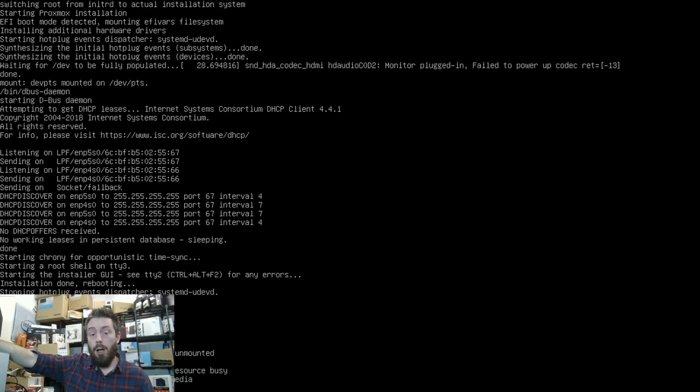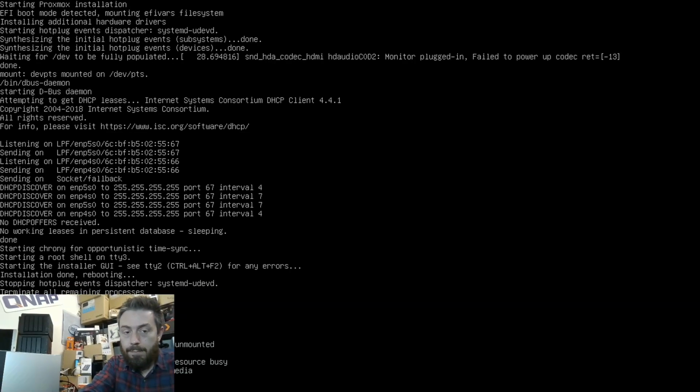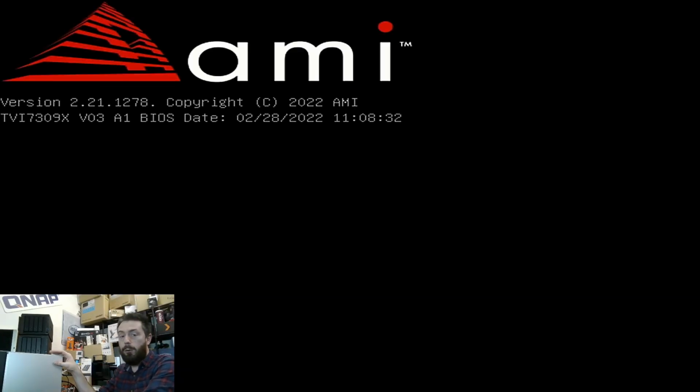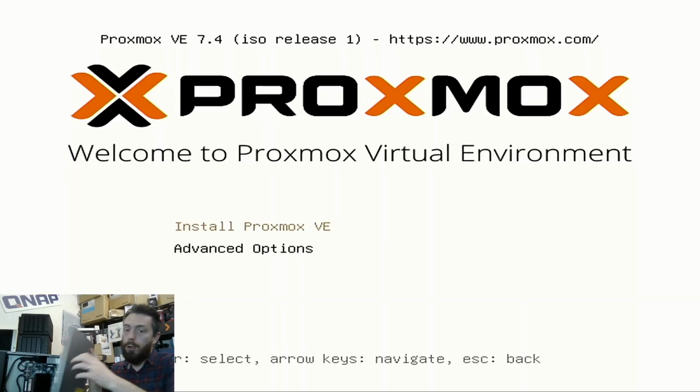Then I'm going to remove this USB from inside the system, allowing us to continue with our installation. So we can remove that. It's going to try and boot from that USB, as you can see there. So now we're going to power down the system entirely.